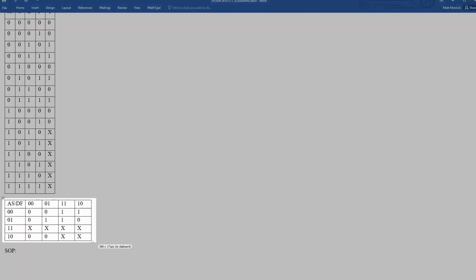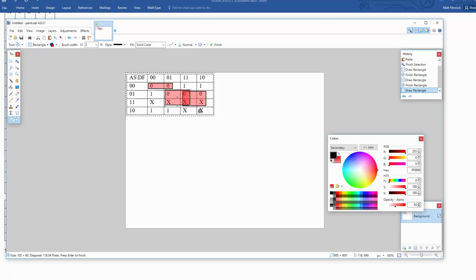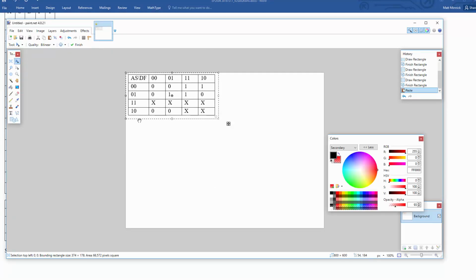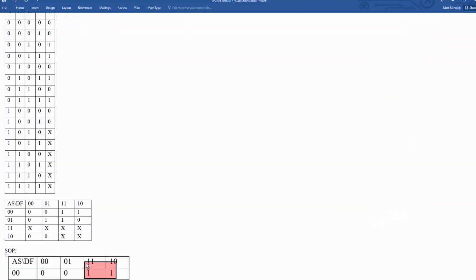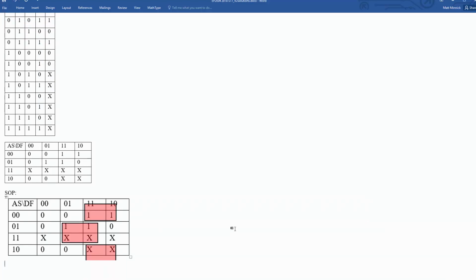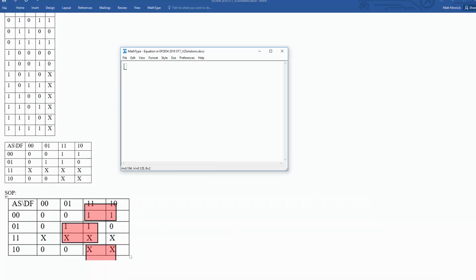So we'll take a screen clipping of that and we'll put that over to Paint here. Sum of products, we're going to collect all the ones together. So the biggest rectangle that includes this one would be that one. Ooh, then we can actually just get the other two with a rectangle that wraps around like that. So we only needed 2 to do this one. That's all right. Okay, and this expansion would be,